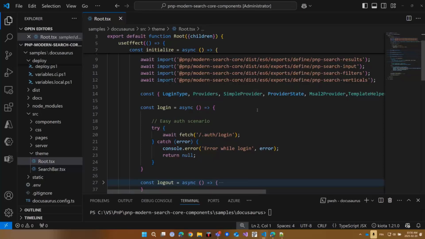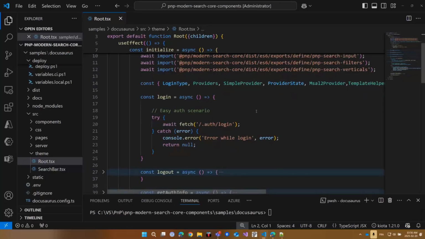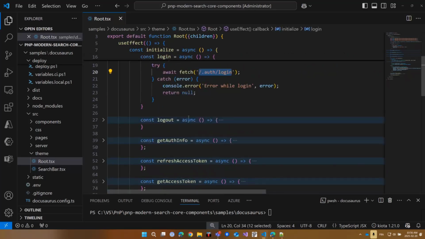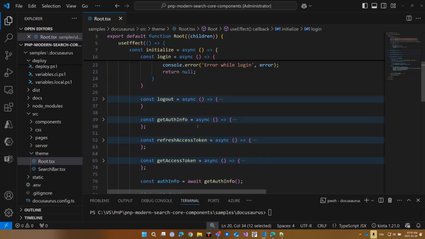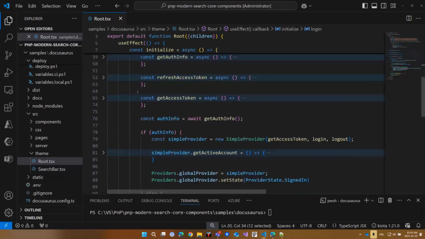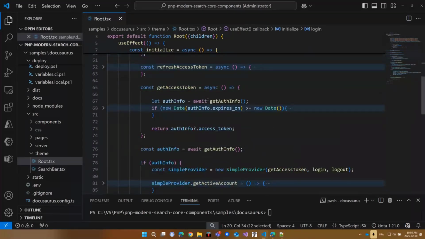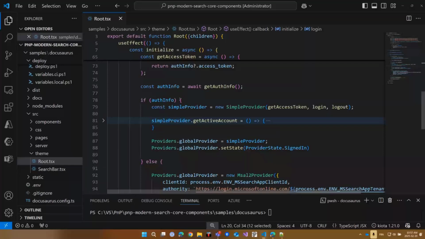The next thing we do actually is to handle the authentication. Because the authentication is not managed directly through your code, like using MSAL.js or something like that, you need to get the authentication token coming from EasyAuth, so you can use it for your Graph call, actually, to get the search results. The EasyAuth feature is pretty straightforward. To get your access token, you just have to call a couple of methods there. So for instance, the auth login, and you have also other methods to log out and also refresh your access token. In that case, you can just get, like I said, your access token and provide that to your components.